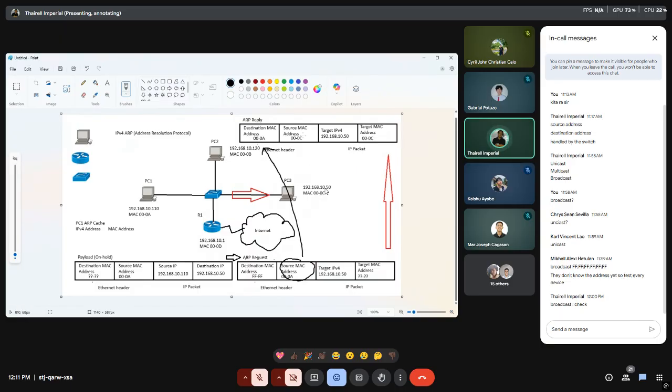Your source MAC address for the ARP reply is actually coming from here. The target IPv4 was already provided from the ARP request. And the target MAC address with this corresponding IP from PC number 3 will now be recorded over here. Okay? So that's basically the reply.